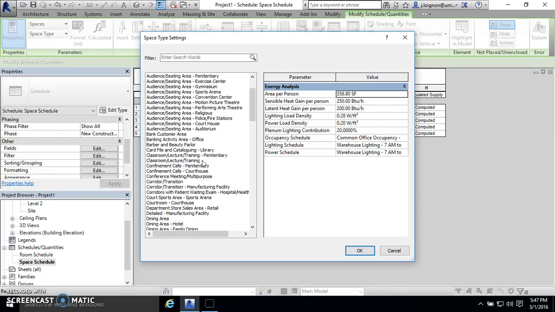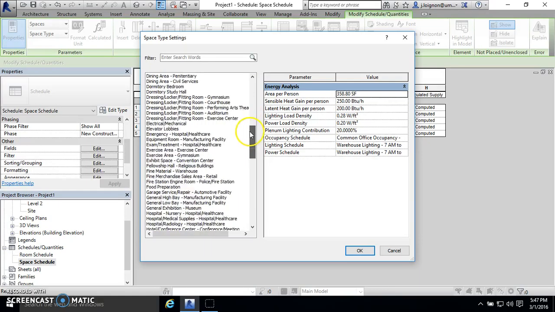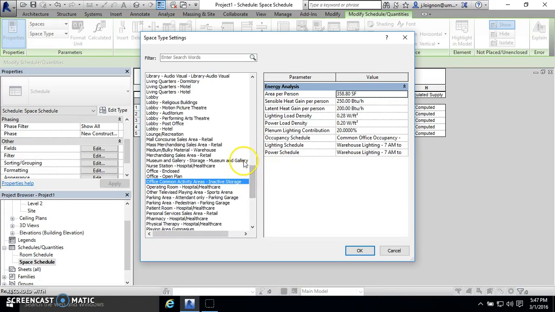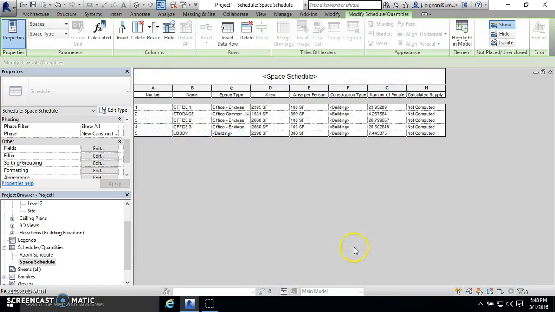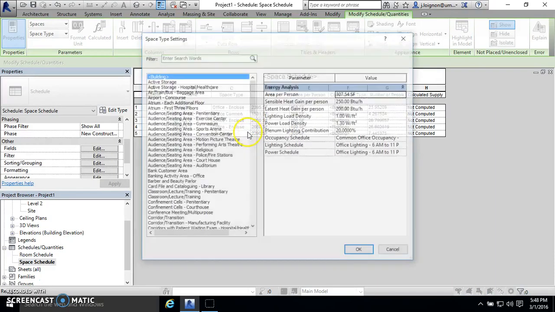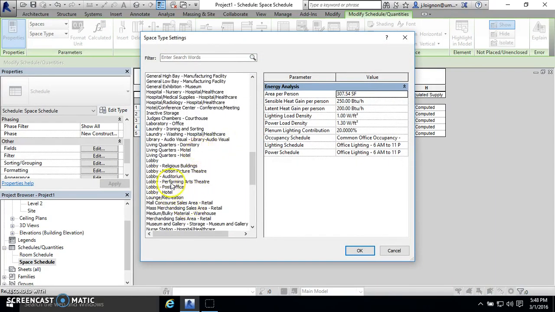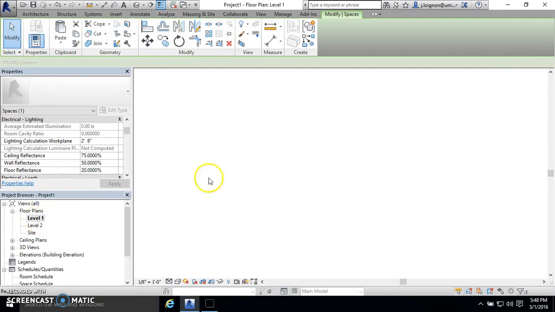You can see that this list is very long. So there's a whole bunch of different things. I'll pick that one for now. And then the lobby, I'll pick as the actual lobby. I'll just do regular lobby. So now you can see when I go back to that level,